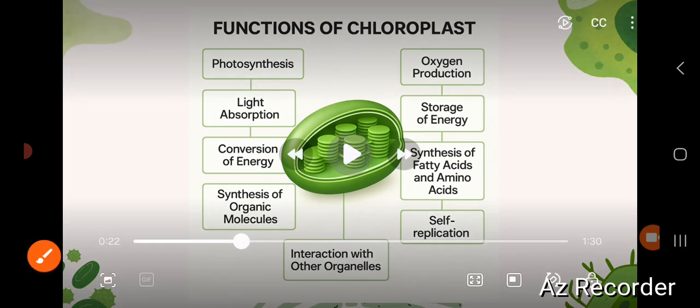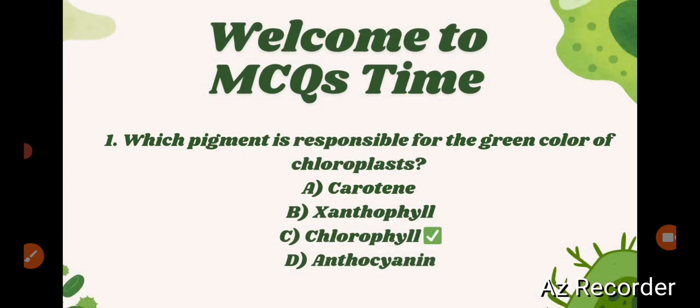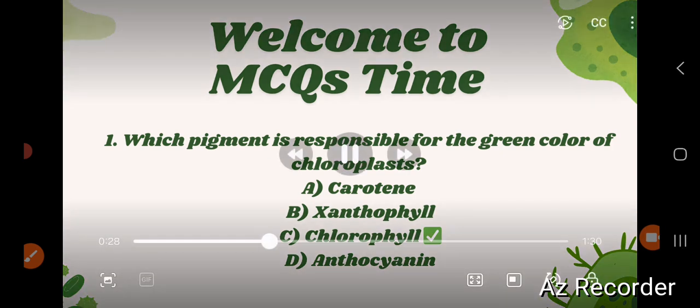Next we'll move on to some MCQs related to this unit. First question: which pigment is mainly responsible for the green color of the chloroplast? Carotene, xanthophyll, chlorophyll or anthocyanin? Chlorophyll, because chloroplasts contain chlorophyll, the green pigment that absorbs light energy for photosynthesis. And the next question is,